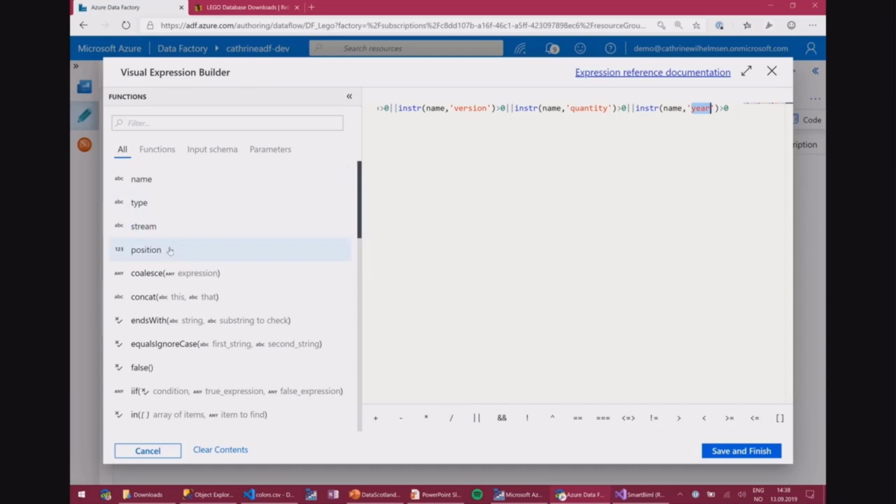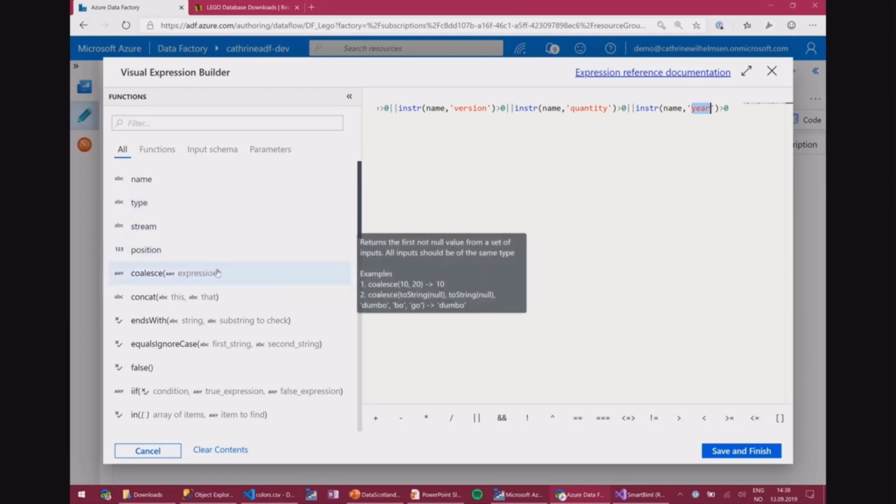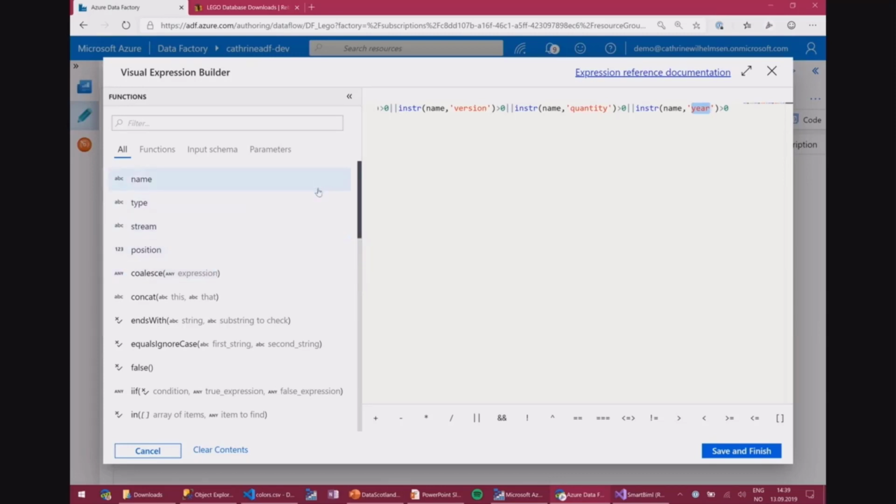You can also use things like the position. So if you know that the third column is always an integer, you can use that in there. Or even the data type, if it's coming from an Oracle database and you want to cast it into something else, you can do it specifically on the type. So very flexible, very versatile, but you do need to dig into it. All of this is very nicely documented. If you hover over this, you'll see the little tooltips pop up there. Documentation online is great. You just need to figure out what you want to do and read up on how to do it.